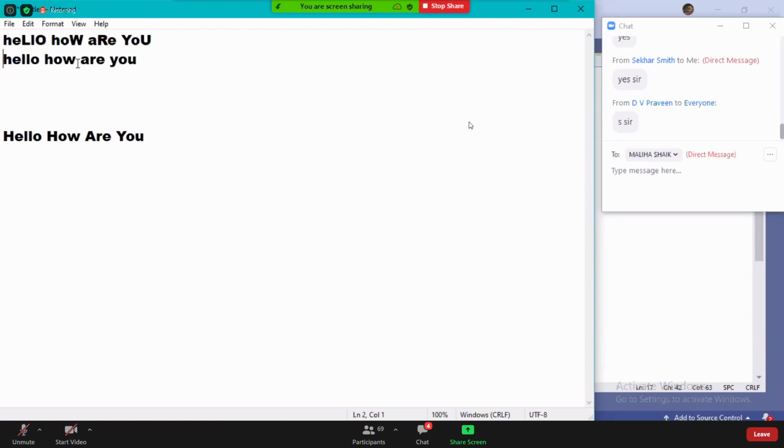If you convert the whole string into lowercase, guys, then what to do? Just pick the first characters and convert them into uppercase. That will be over. Understood?